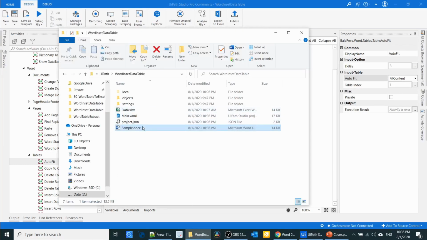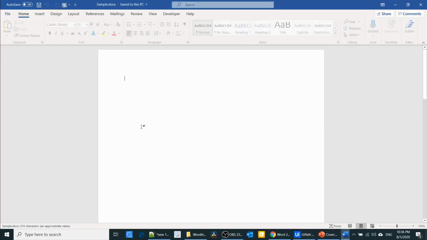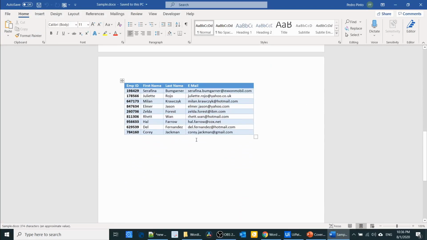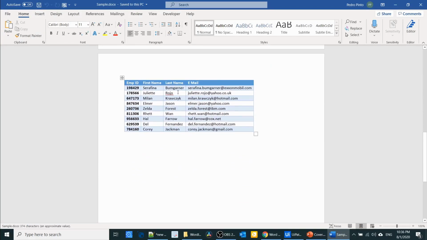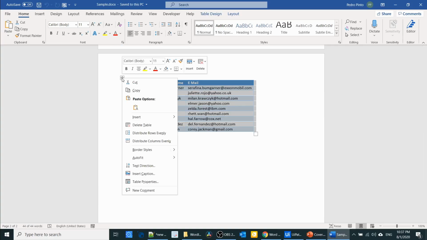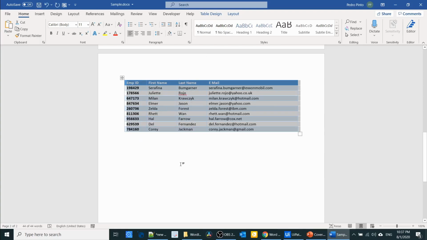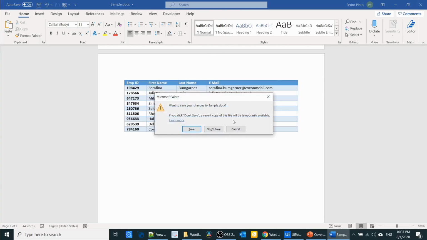Let us check the output. See, it has resized based on the content. Let me change the auto fit to window. I'm going to close the document. Let's save.